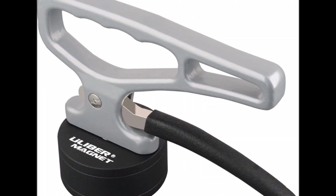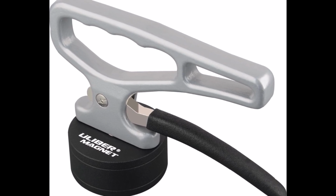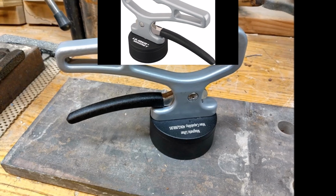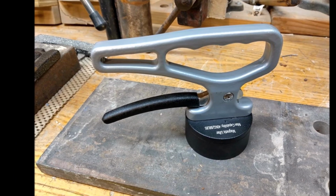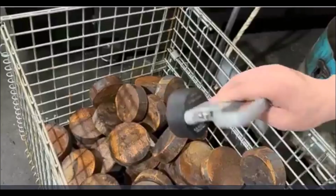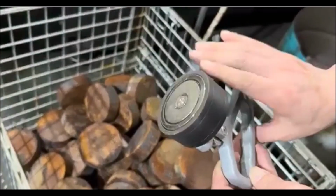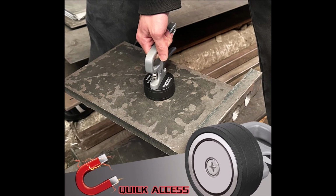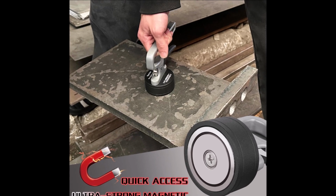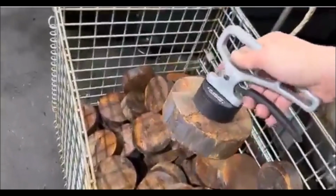The Ulber Magnet heavy-duty strong magnetic pickup tool is designed for efficient handling and retrieval of steel materials with its powerful disc-shaped magnet. This strong magnetic pickup tool delivers exceptional magnetic attraction, providing reliable adsorption without the risk of demagnetization, thanks to its durable construction. Equipped with a quick-release magnetic separator, this tool can withstand temperatures of up to 80 degrees Celsius, ensuring safe and